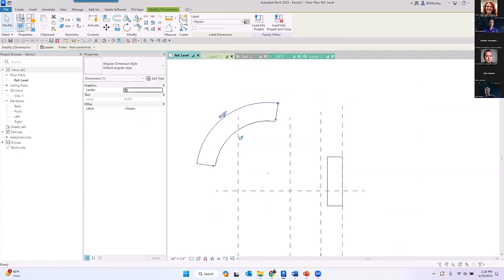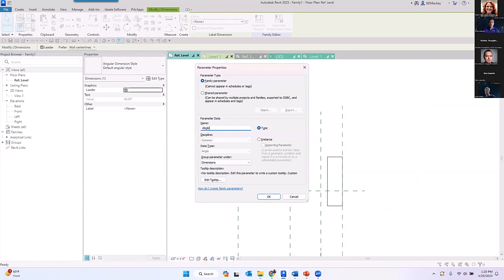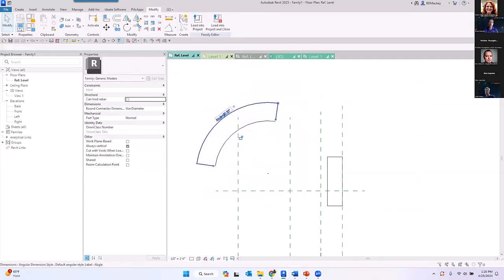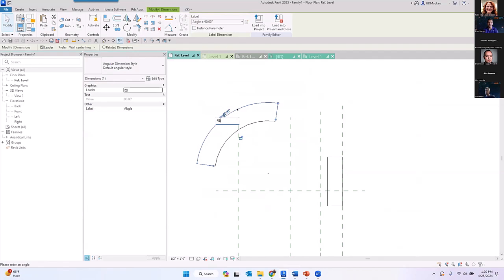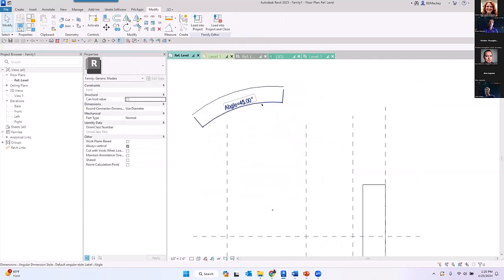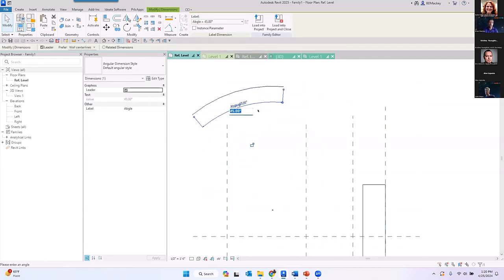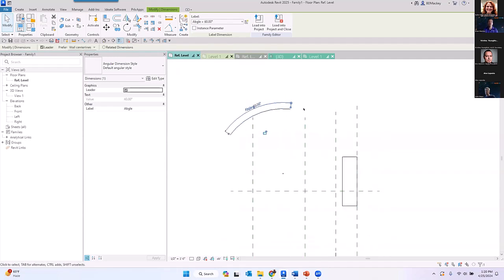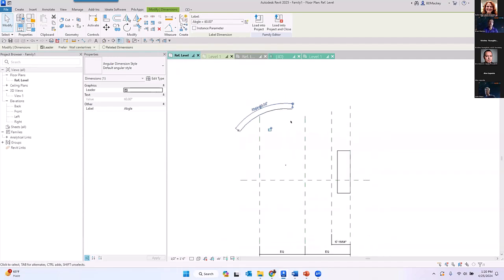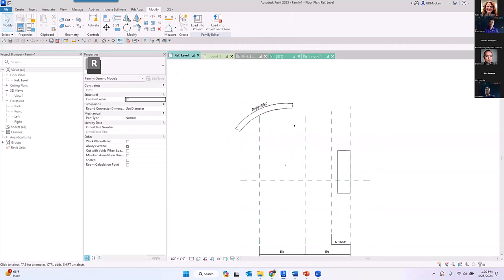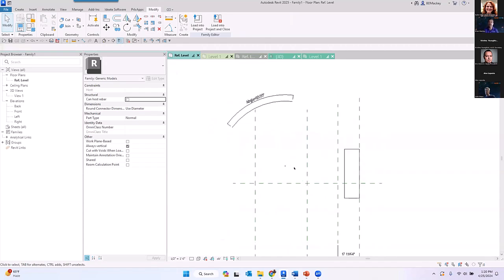If I were to come up here and just add a parameter for this, I now can say, cool, I want that angle to be 45 degrees, 55 degrees, whatever. And I'm controlling the length of this just by changing that angular value. I don't need a reference line. I don't need a reference plane. I'm doing this, right? Now, as we've all been into families and start looking at this as well,